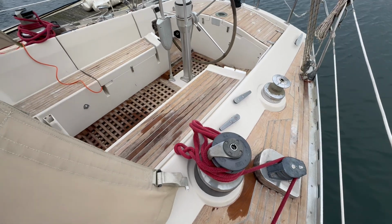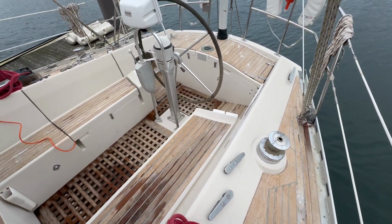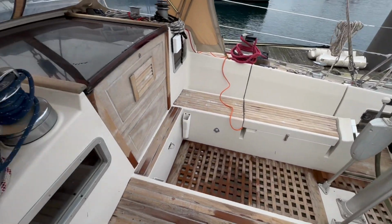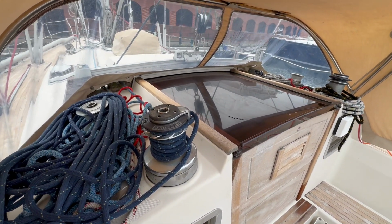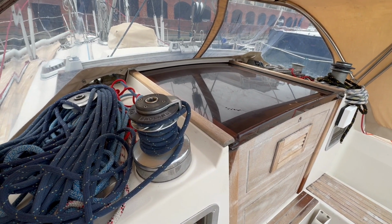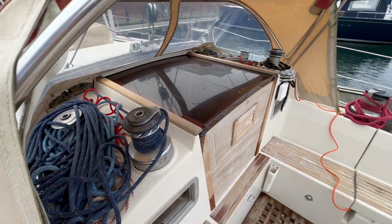And if we just look around at the facilities on offer to the sailors, we can see that we've got two great big Lewmar 55 self-tailed winches, and a couple there for a two-speed Lewmar non-self-tailed spinnaker sheet winches, etc. And just looking forwards underneath the spray hood there, you can see we've got self-tailed 42 sized halyard winches there, and a couple of non-self-tailed winches there too. So plenty of winches for that